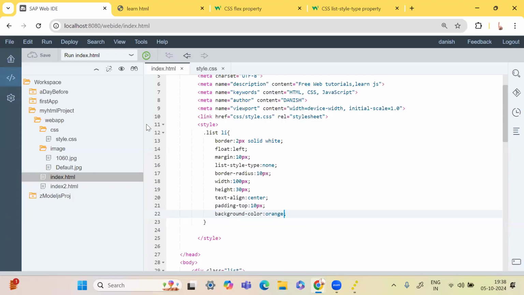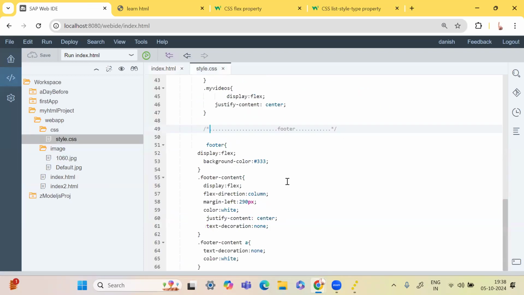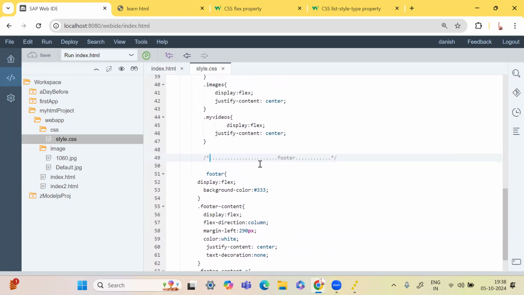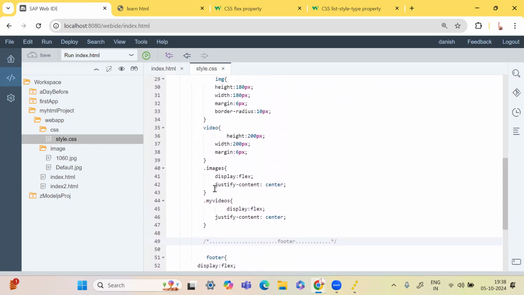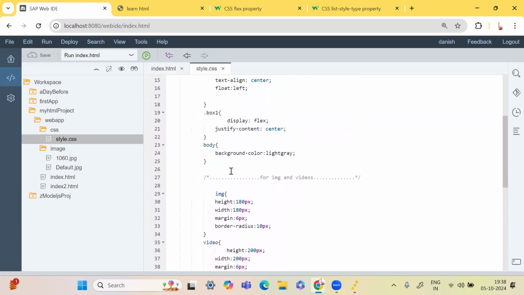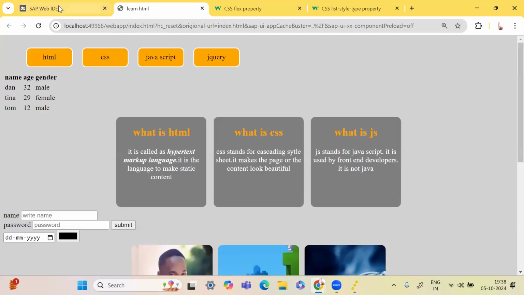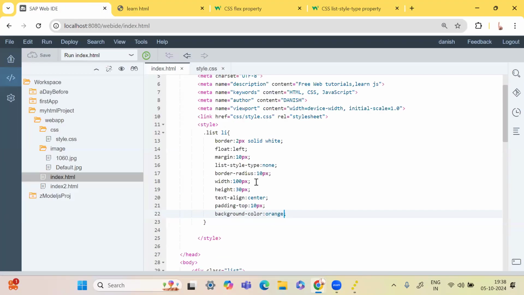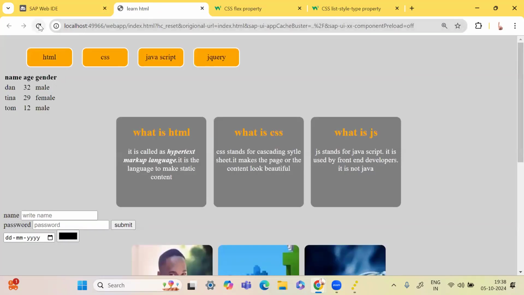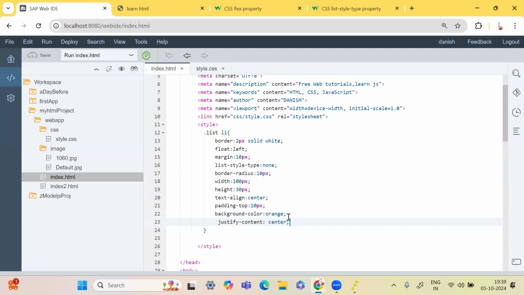We can come and check what we have done with, so justify content, and we have more justify content. So let's try to put that inside our this thing, justify content center. Maybe the flex we design